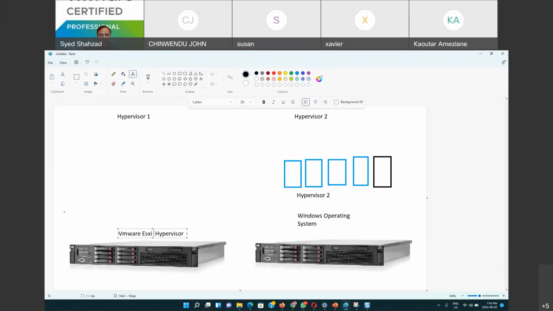So the name of the hypervisor in VMware is ESXi. Since I'm talking about that, you know, VMware has a hypervisor called ESXi,